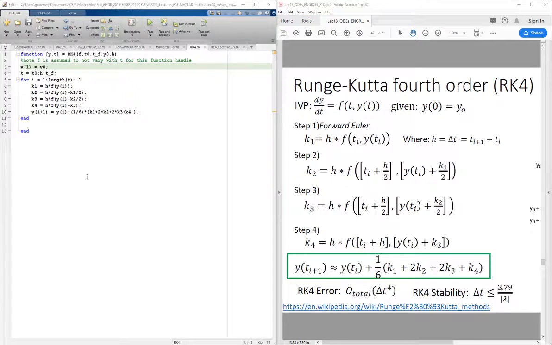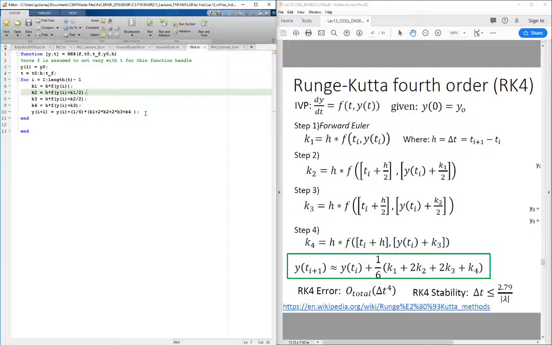So I'd like to show you how to implement Runge-Kutta 4 in Matlab. In order to do this, we'll say y1 is equal to y0, that's the initial value passed in here. Note that with all of these, we're assuming these function handles do not vary with t. If that was the case, I would need a t term here when I evaluate this function. But we'll let t vary from t0 to t final, and we'll step by our given step size that the